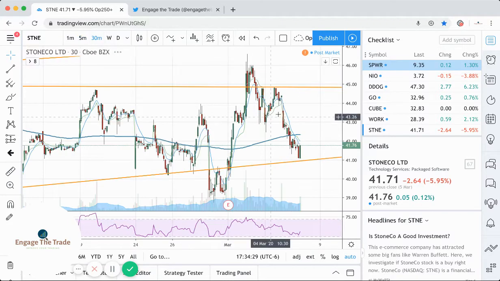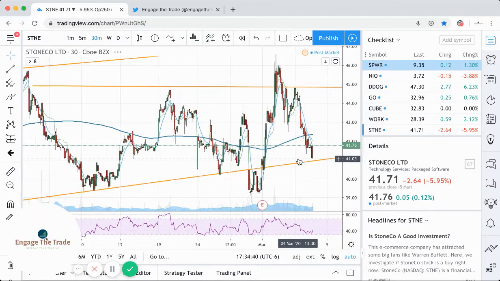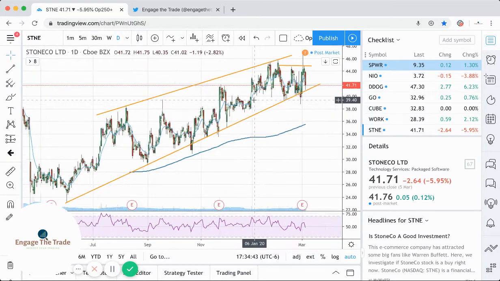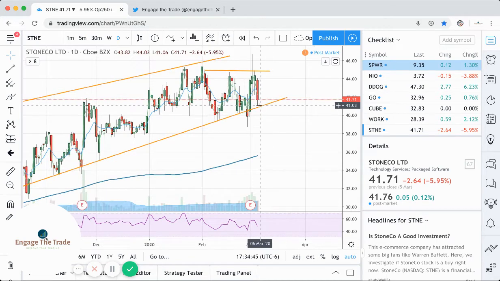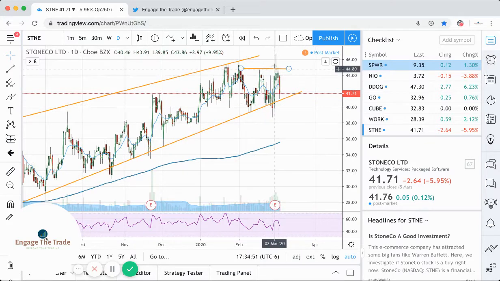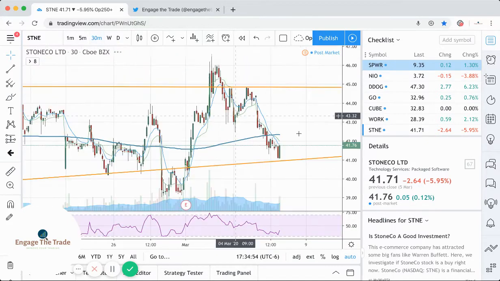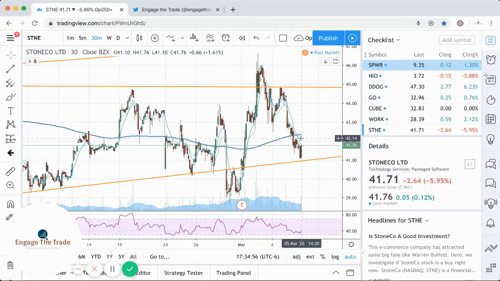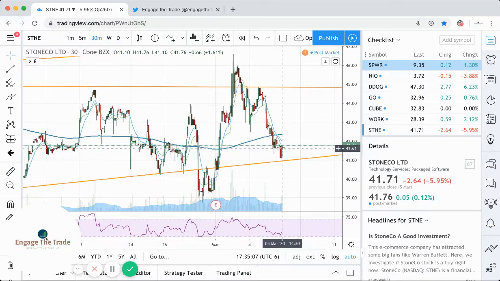This one I mentioned was a great strangle, and it sure was. It went down about $3 today. $3 move. And it stayed in that long-term channel. For now, we'll see how that goes, but definitely one because it resisted, or rejected up there. Definitely one to watch for short. It's already kind of a little bit oversold, but definitely one to watch,